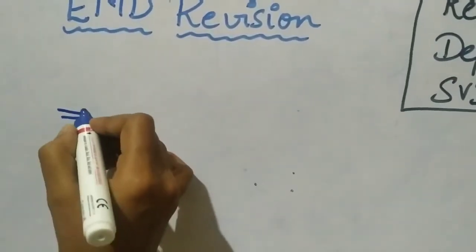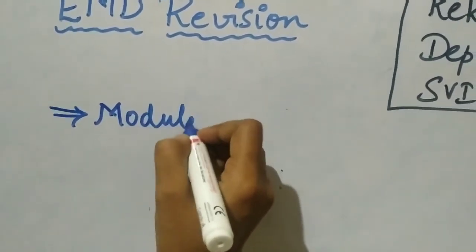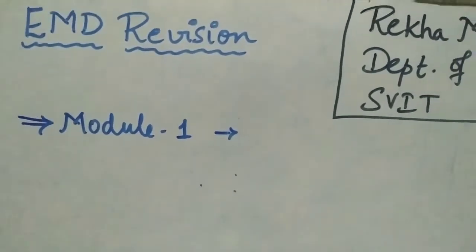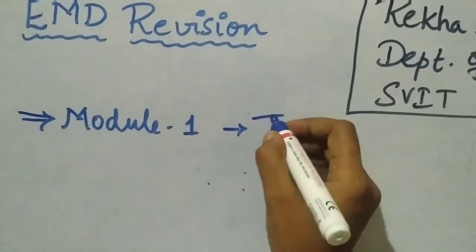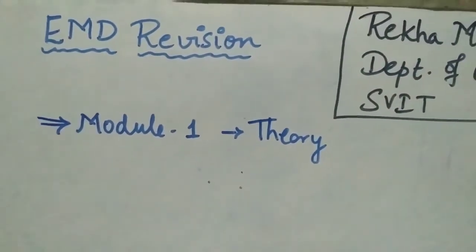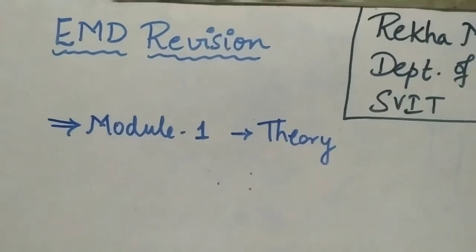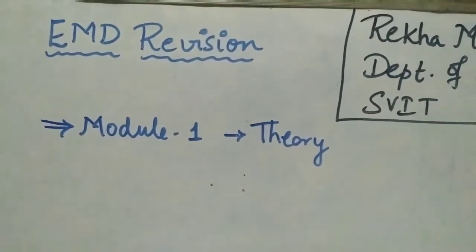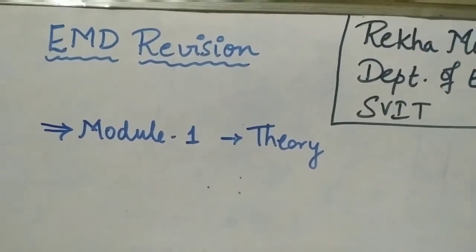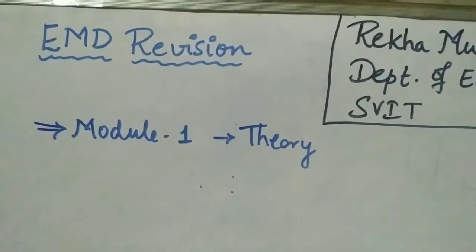At the beginning, we can take up module 1. Module 1 just covers all the theory concepts. There are 9 standard questions which keep being asked repeatedly. So better we take up this module 1 as a given. It will be very easy. So practice well with all these 9 theory questions which will be repeated again and again.